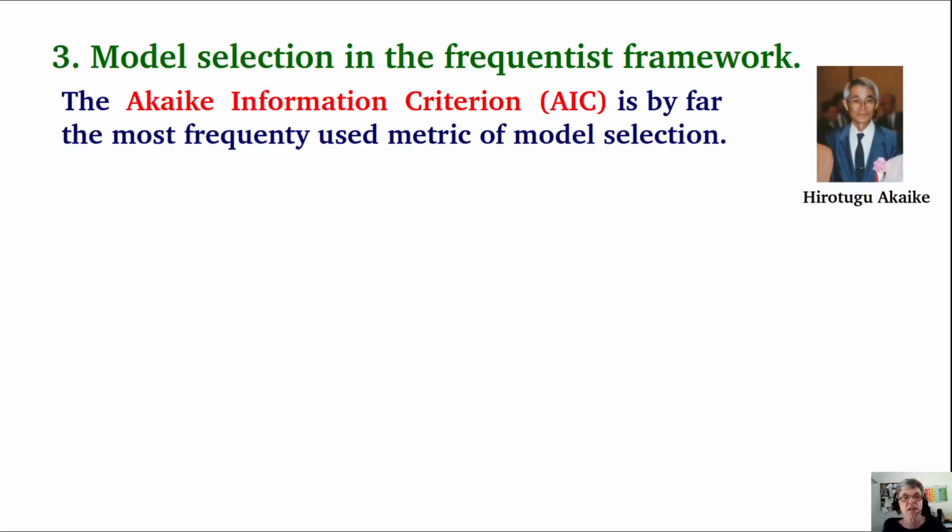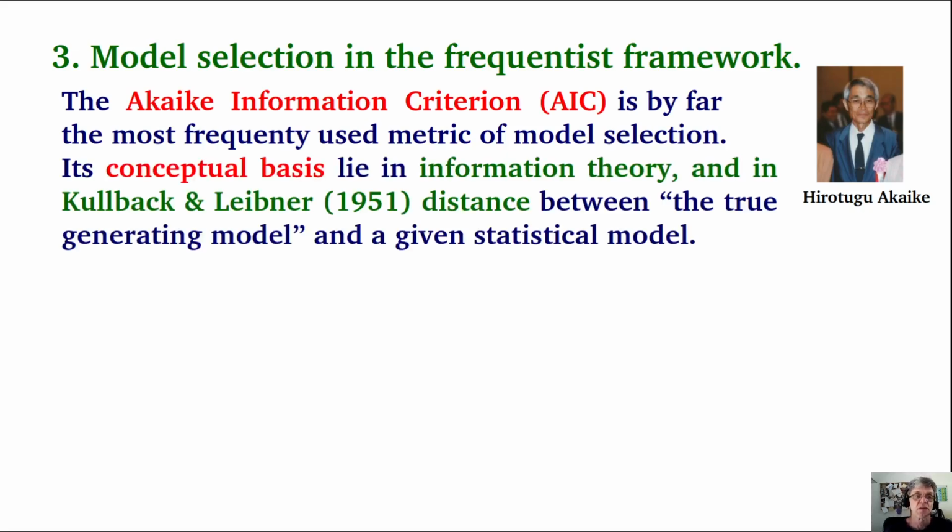So model selection in the frequentist framework is based on the use of the information criterion, the AIC, which is by far the most frequently used metric of model selection. Its conceptual basis lies in information theory, which is one of the products of the Second World War in the hands of Claude Shannon, one of the geniuses of the 20th century,